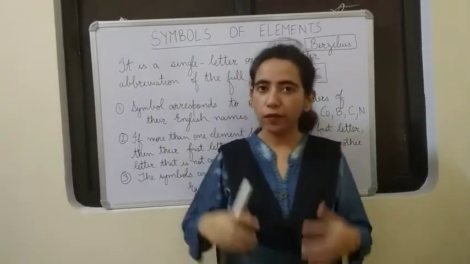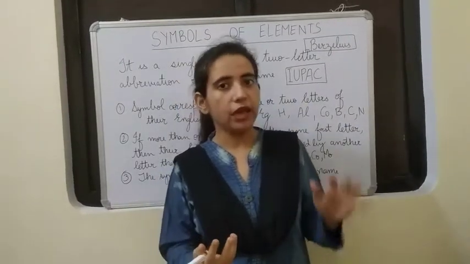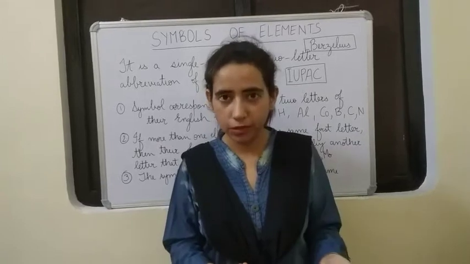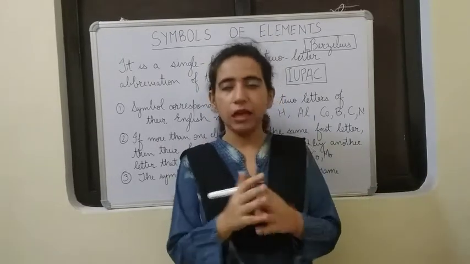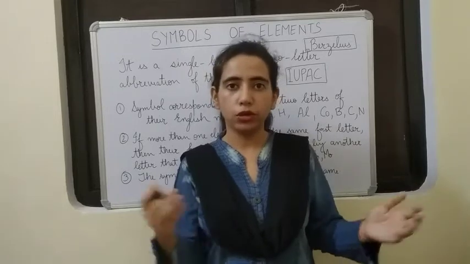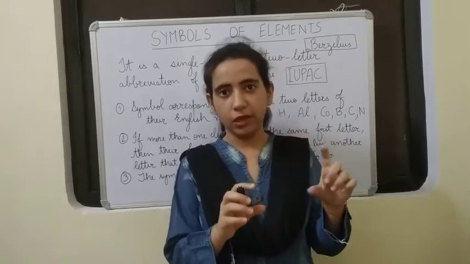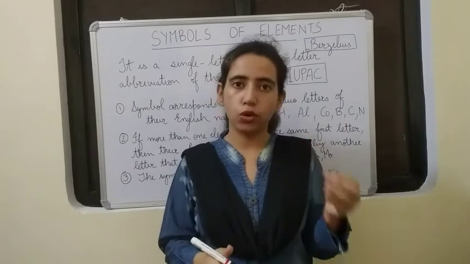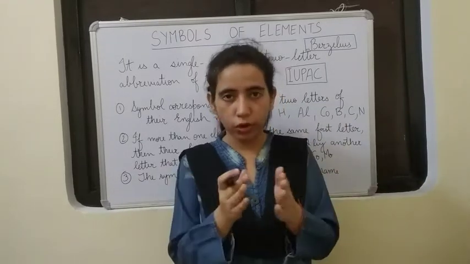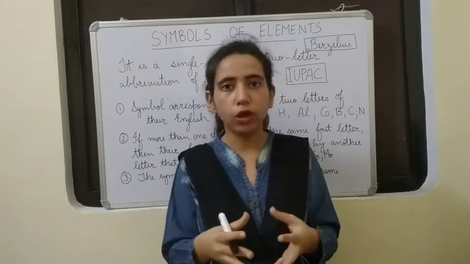Just like we all have got our names, in the same way elements also have got their names, and from the names we can form a short form for that, isn't it? Just like my name is Saloni Pava, so the short form will be SP. Some of my friends call me that also. In the same way, the elements also have got their short forms or short names. They are called the symbol of the elements.